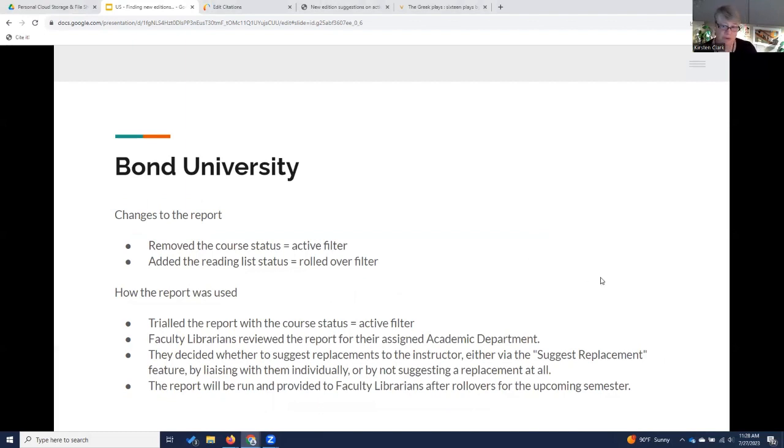When Bond first ran the report, they kept the course status is active filter. This was really just a test to see what everyone thought of the report. Faculty librarians reviewed the relevant titles for their assigned academic departments and decided the best method to suggest the replacement, whether it was the suggest replacement feature in Leganto that Jamin showed, which Bond has configured so that instructors approve the replacement suggestion, or by liaising with the instructors individually,